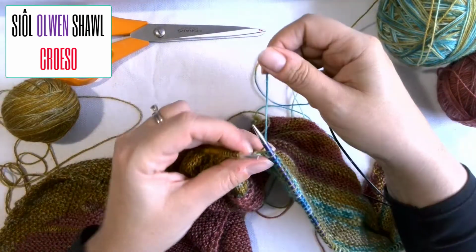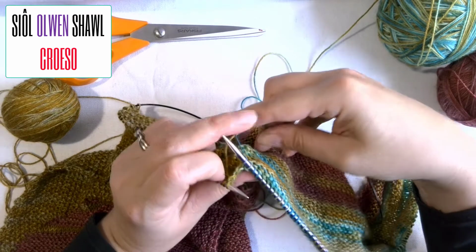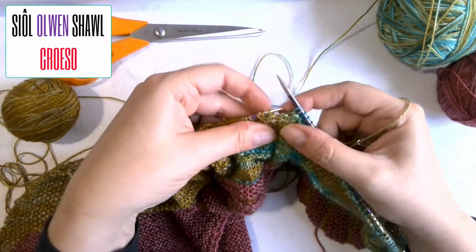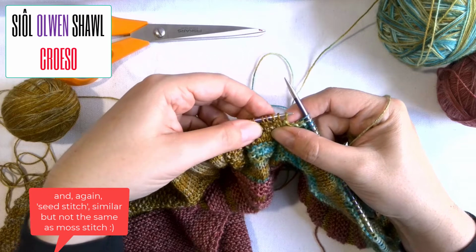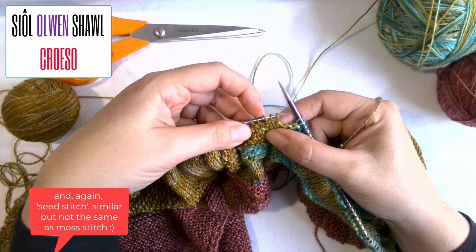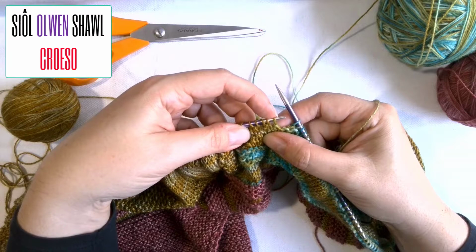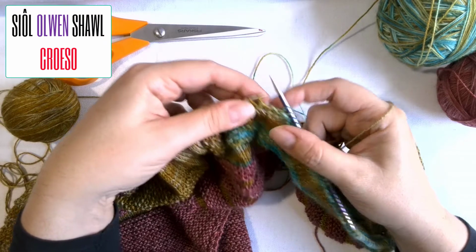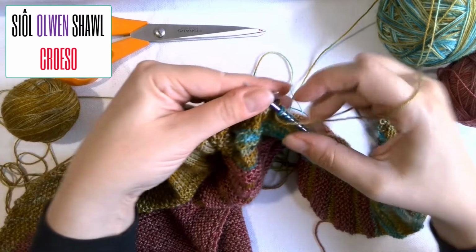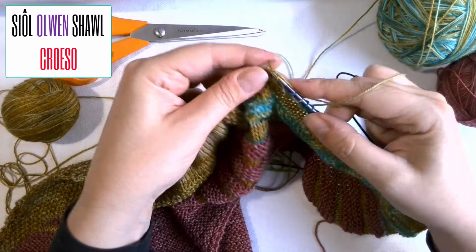Okay, so I've got my turquoise variegated there. I'm going to bring my gold around that to make sure that it's going to catch it. And then just a reminder that when you're doing the moss stitch, you need to alternate. So if that's a purl the previous row, a knit the previous row, a purl the previous row, then you've got to have the opposite. So this one's going to be a purl, knit, purl, knit. Okay, so I'm going to bring my yellow forward. It's wrapped around my turquoise. I'm going to purl, knit, and you see I'm moving my